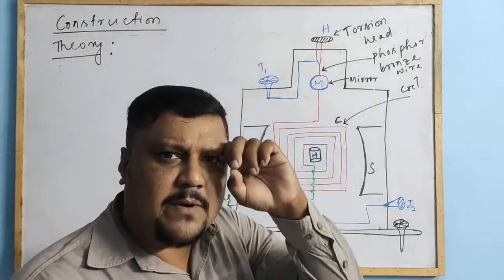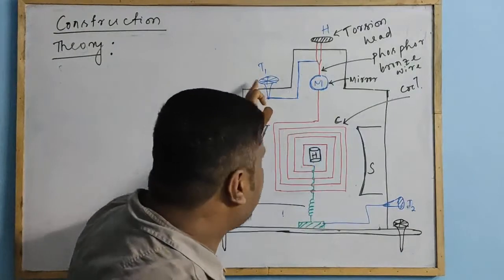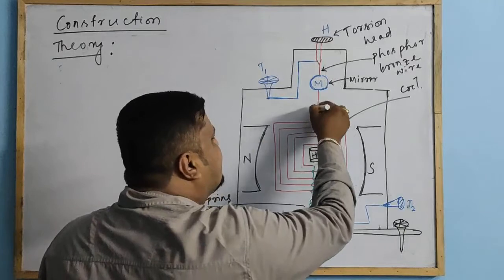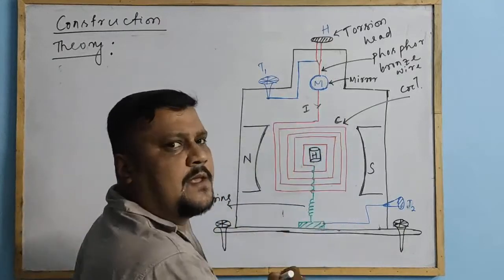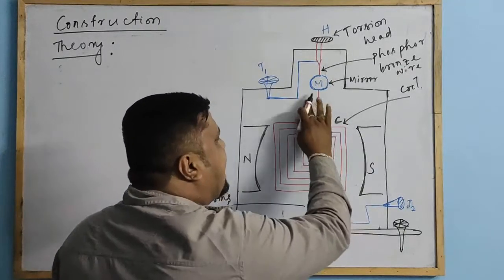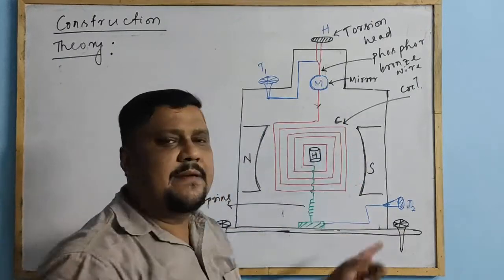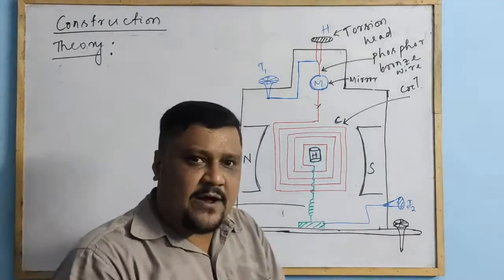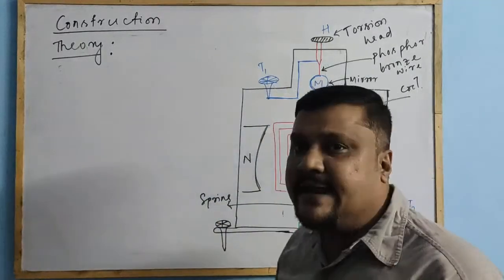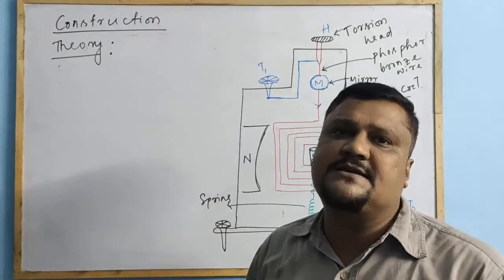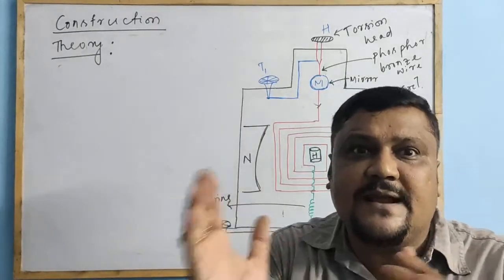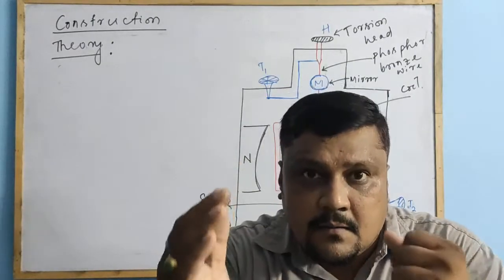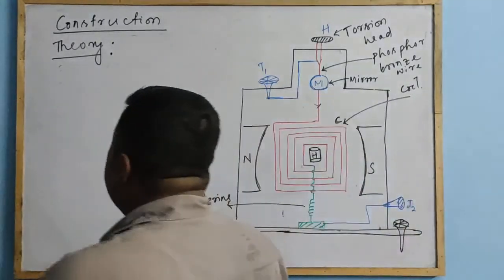Let it be connected to the terminals T1 and T2, so the current flows through this coil like this. Let the current be I, and the magnetic field is B, having area A and number of turns N. Then when the current carrying coil is placed in the magnetic field, it experiences a torque. Let the torque be called deflecting torque, meaning the torque will try to rotate the coil. That's why it is the deflecting torque.